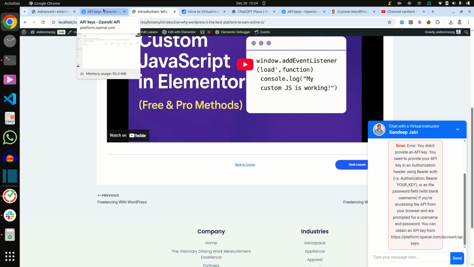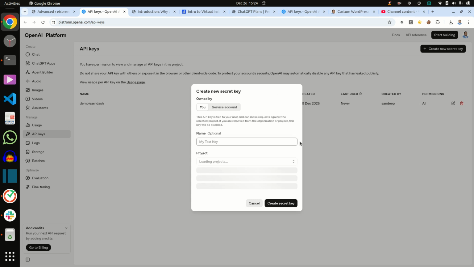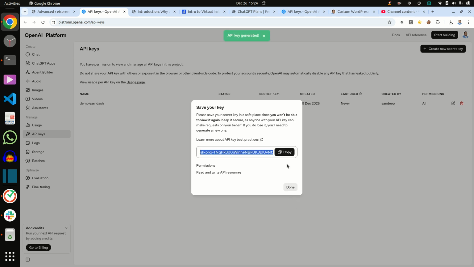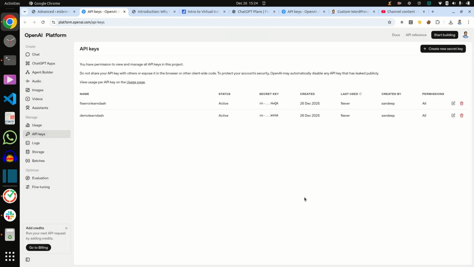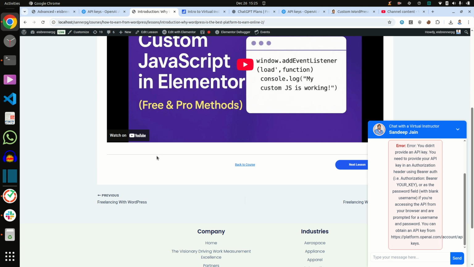And now I am creating a new API key for it, like "fix error LearnDash," and create. Now I created it, so now go to the field here and put it in. Now if you check again,